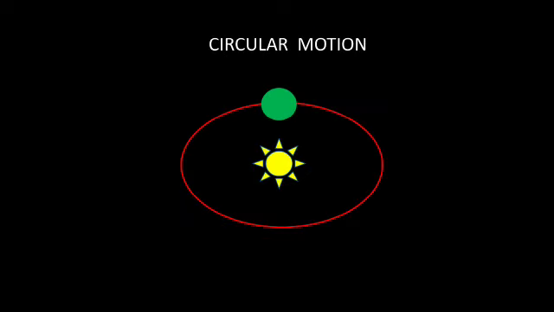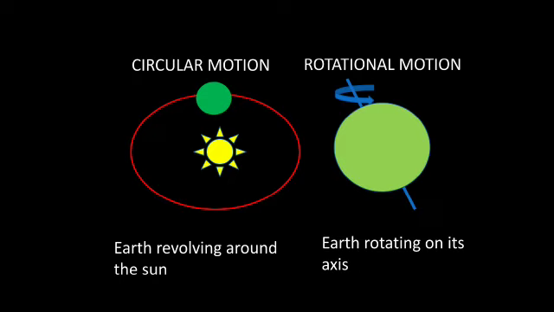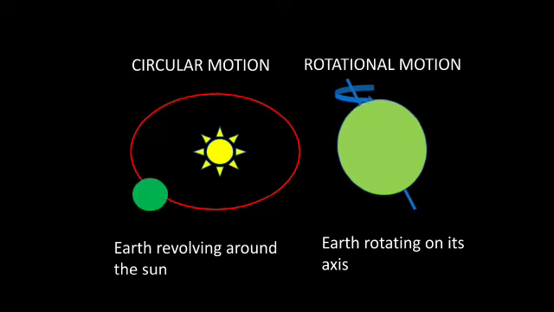See here another example. What is a circular motion? You can see how the earth rotates around the sun, right? So these are few of the examples. Now let us have a look on both circular motion and rotational motion. You will be able to understand in a better way. Just see both the pictures. What is the difference in these two?